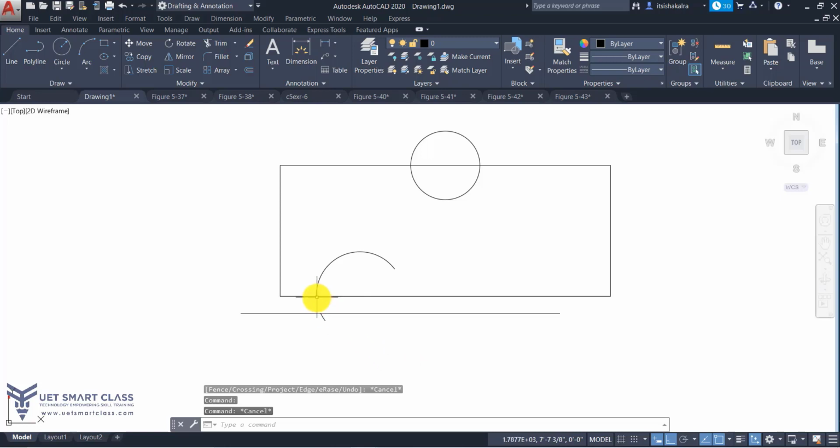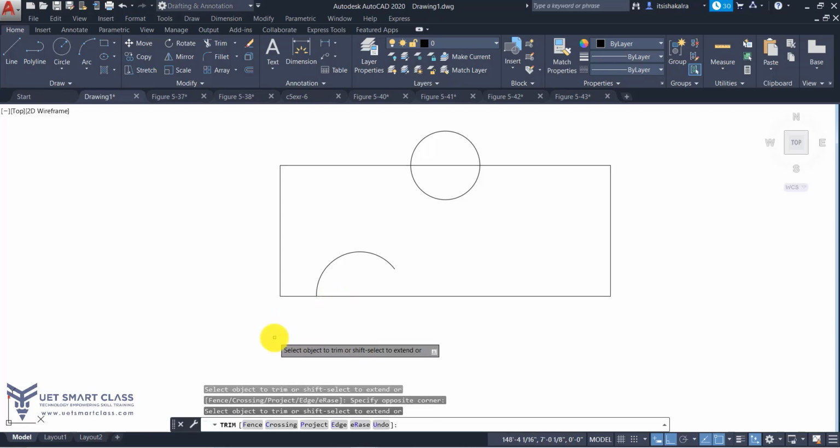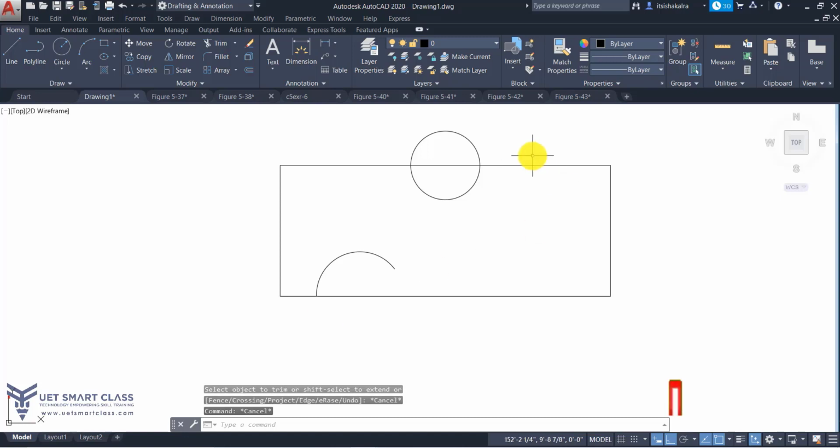So if you want to trim the complete arc, the extra arc after the rectangle, then you use trim single enter, cutting edge, and then use the normal default method. If there is a line here. If there is no line, then you can use the double enter method as well. So double enter, when you know you want to completely remove this and there are no extra cutting edges here. When there are 2-3 obstructions, like I'll show you.